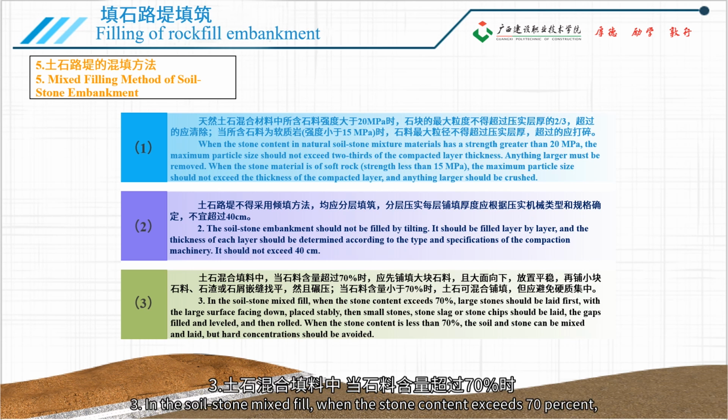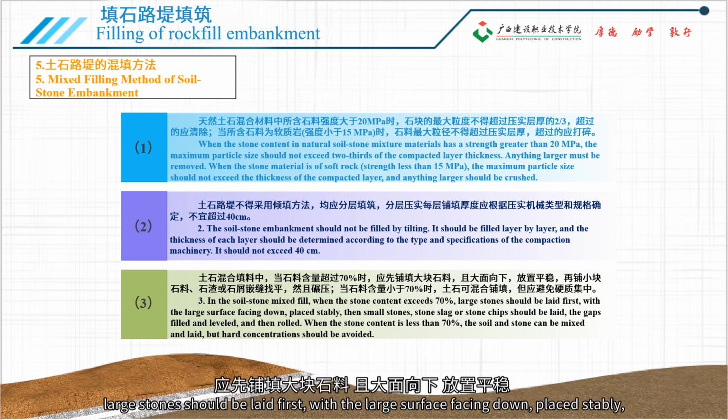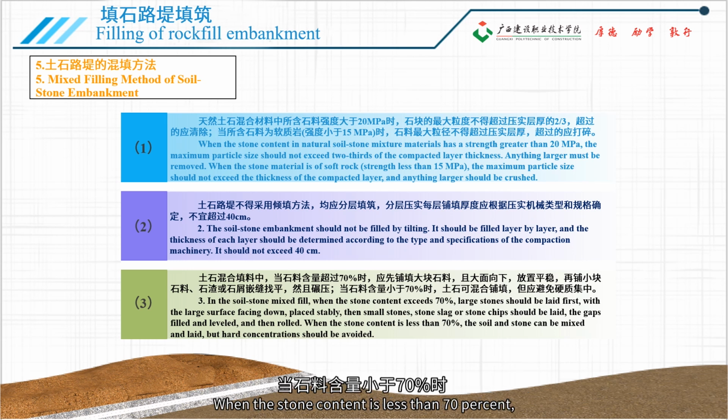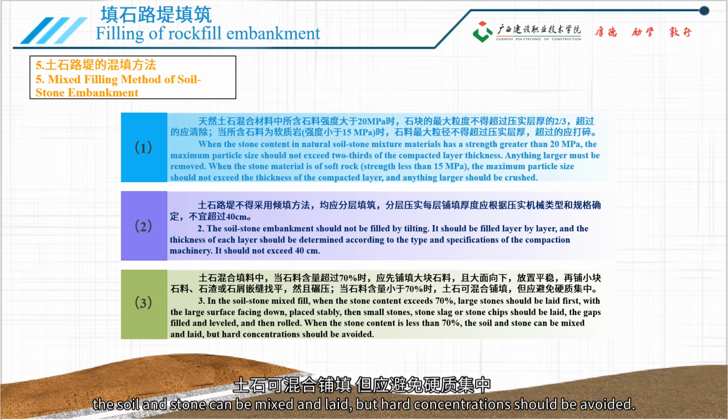3. In the soil-stone mixed fill, when the stone content exceeds 70%, large stones should be laid first, with the large surface facing down, placed stably. Then small stones, stone slag, or stone chips should be laid. The gaps filled and leveled, and then rolled. When the stone content is less than 70%, the soil and stone can be mixed and laid, but hard concentrations